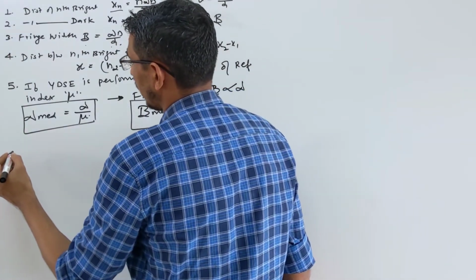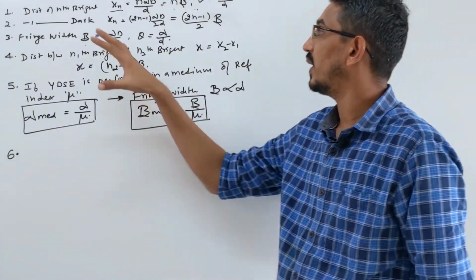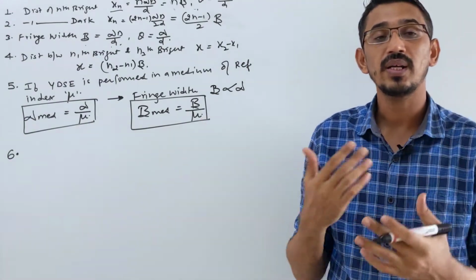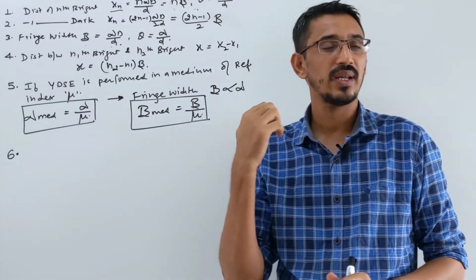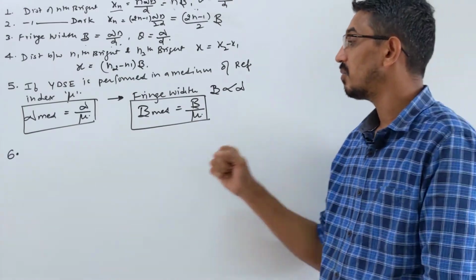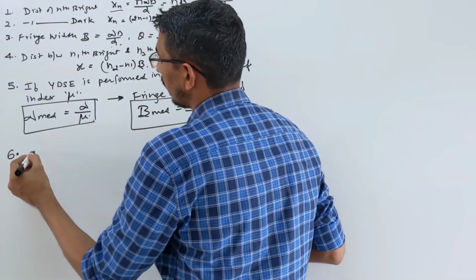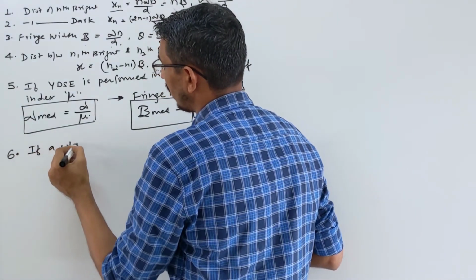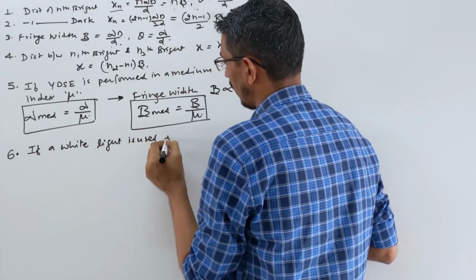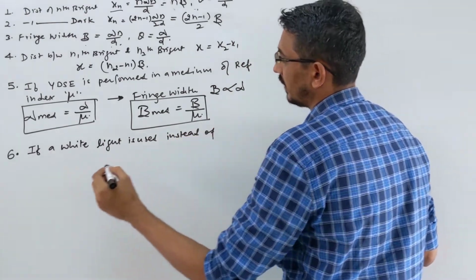Then what can they ask you? This question, a very important question. As I said, in this YDSE we are using what light? Monochromatic light. Okay, only one color there. There is light of just one single color. That's called monochromatic. Suppose instead of monochromatic, we use a white light, normal light, then what will happen? Okay, so I'm writing here: if a white light is used instead of monochromatic, right now.